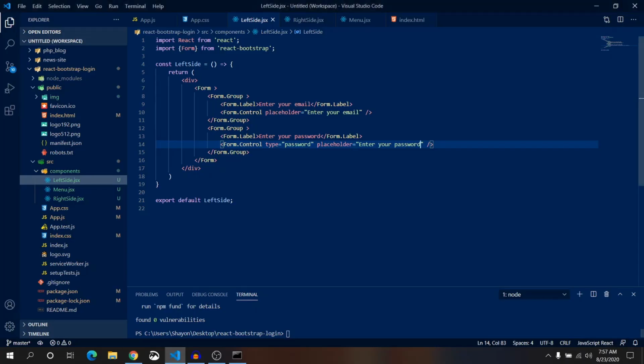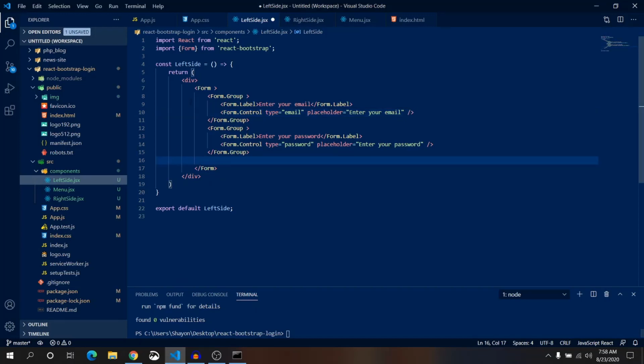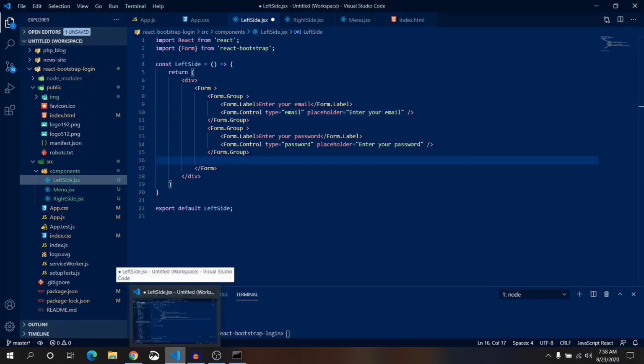And let's make this type of input type of email. Type is equal email. Okay, below this form group, let's take a button.